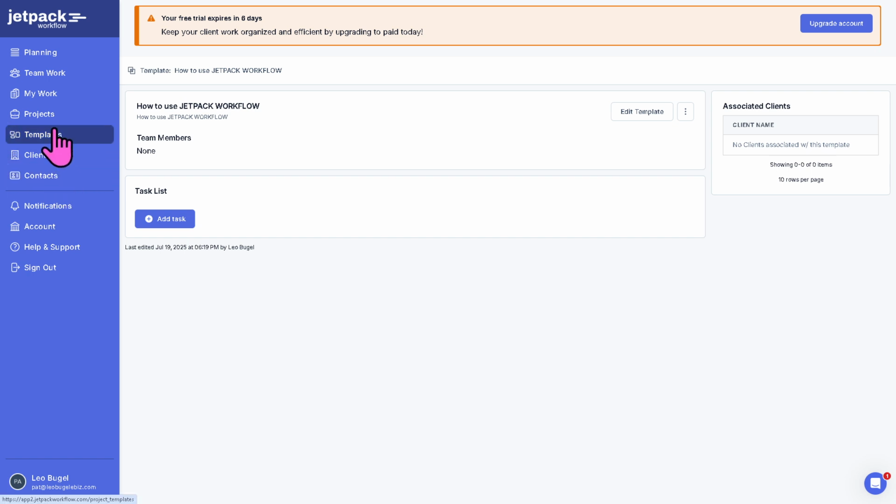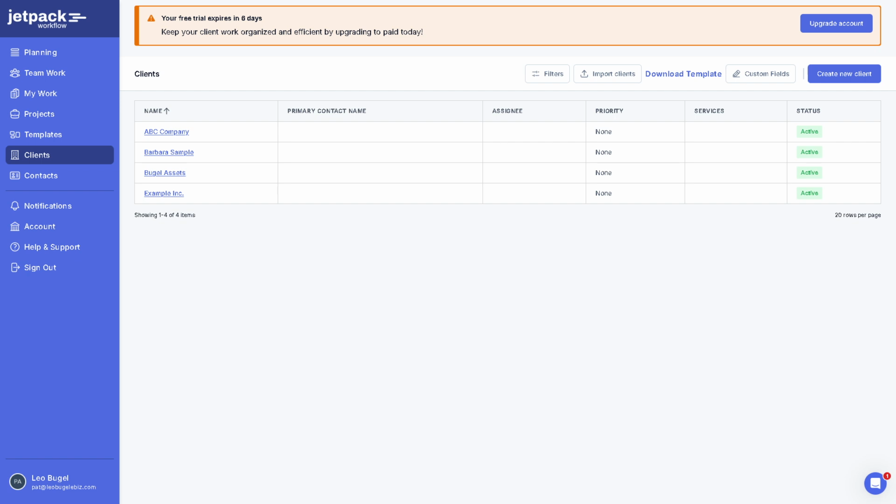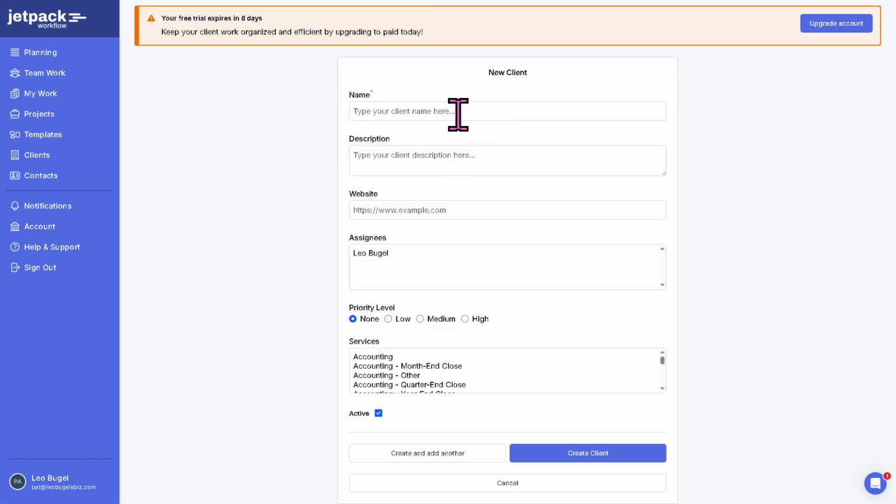All right. Now we're going to go to the clients. This is going to be a dedicated area to manage information about the clients you work with. If you want to create a new client, let's do that. Let's create a new client. Type description is here. If they have like, for example,